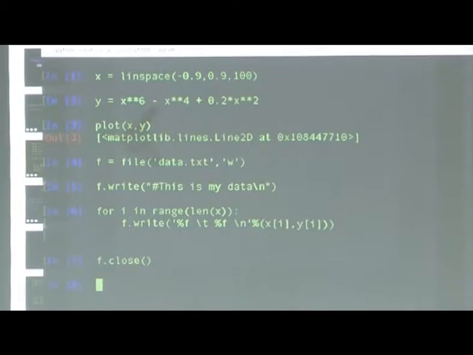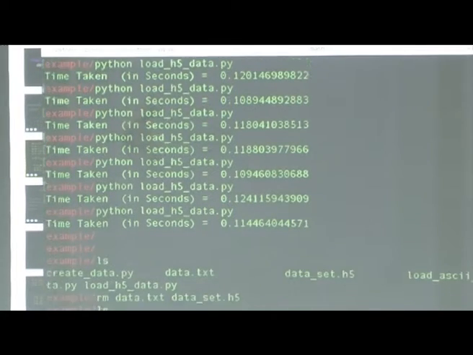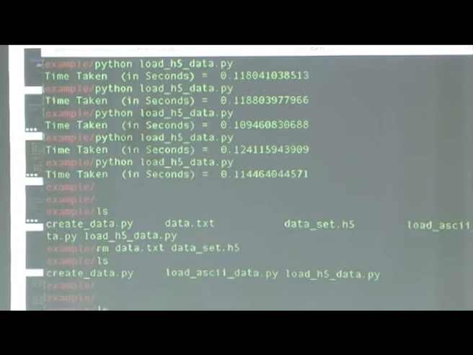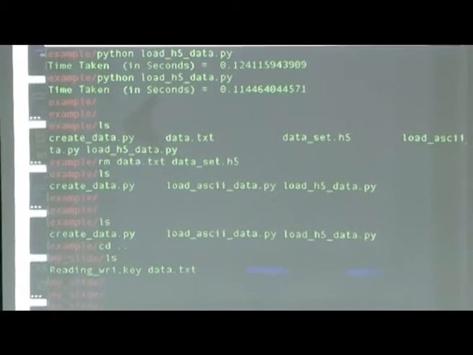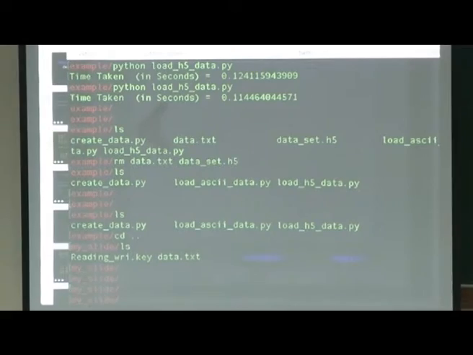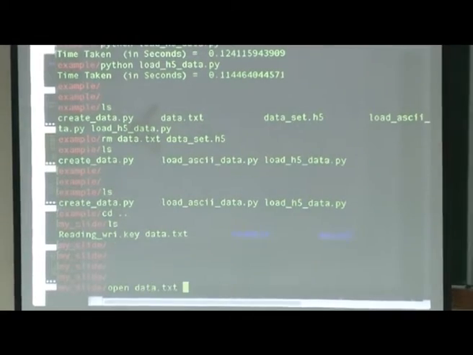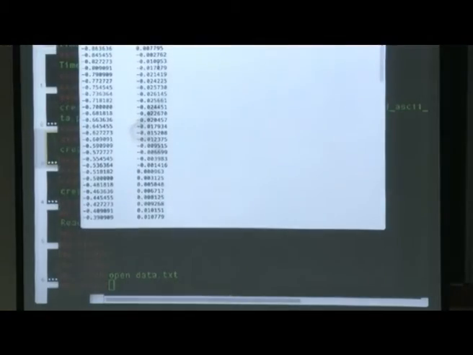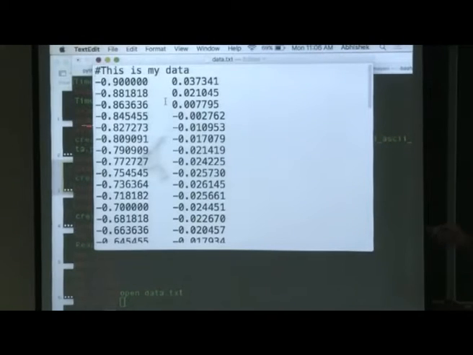Now it has written the x and y values. If I want to read this, data.txt has this is my data and then the x values and y values.